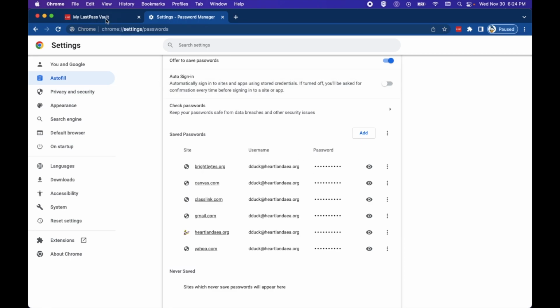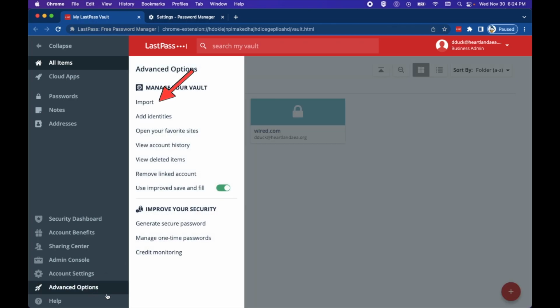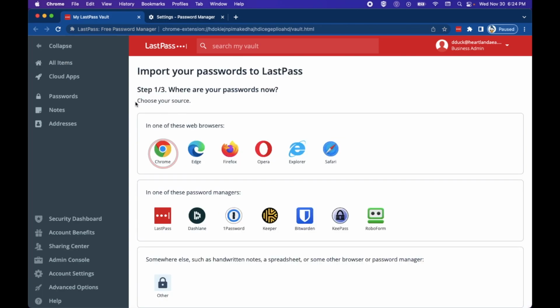Now, we're going to jump back over to our LastPass Vault, and we're going to get to the All Items screen here. And on the left-hand side, all the way down to the bottom, you're going to see Advanced Options. We're going to click that, and we are going to choose Import, and it will take you to a screen that'll literally say, where are you importing from? Well, we're coming straight from Chrome,